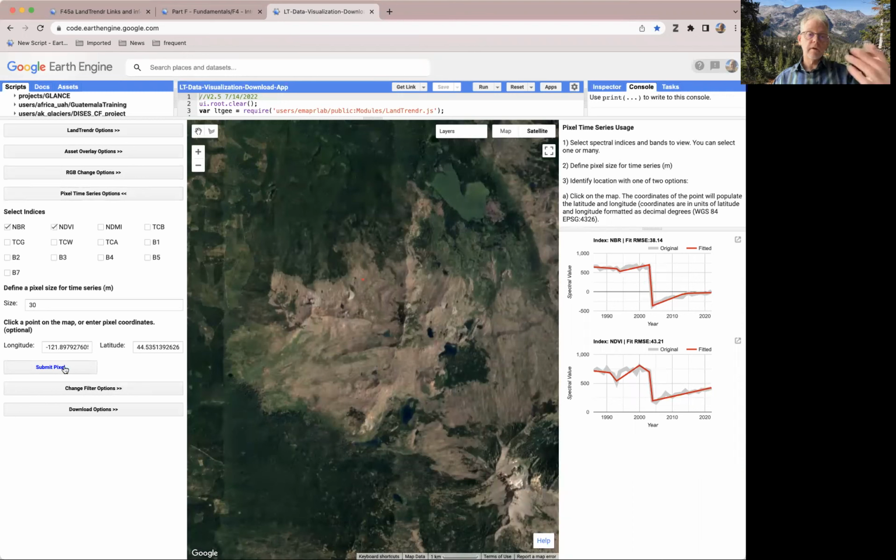I'm going back to my pixel time series on the left, and now the pixel that I just chose is the one whose latitude and longitude show up here. So if I want to rerun the same pixel rather than having to try and find the same location, I just say submit pixel, and it'll submit back to the latitude and longitude that I picked. So all I've done here is I've changed the date range that I want to use for this pixel to see what happens to the gray lines. So I say submit pixel, should run,